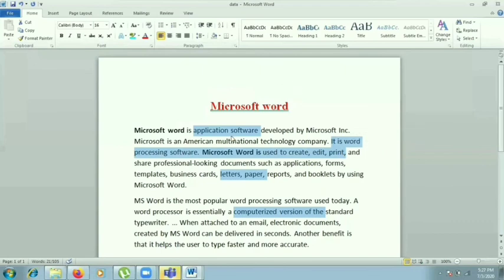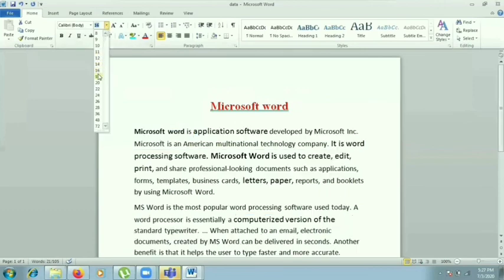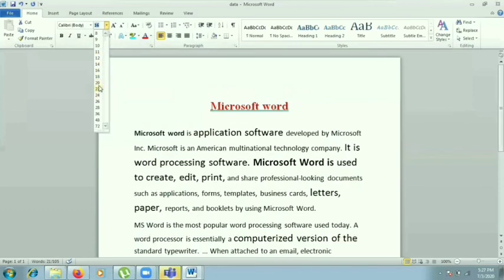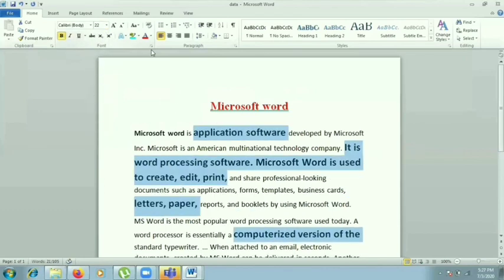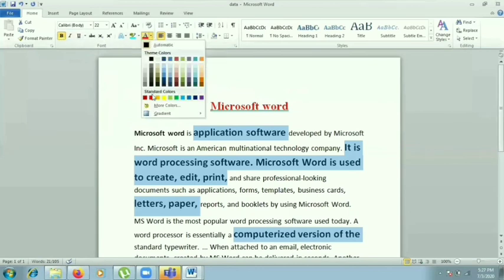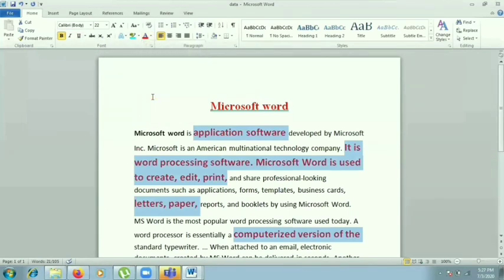See, now I have selected 4 different texts. Whatever formatting I give will not affect only one place, it will affect all those places where I have selected. Whatever bold, text color, whatever effect I give, that will affect the selected areas.